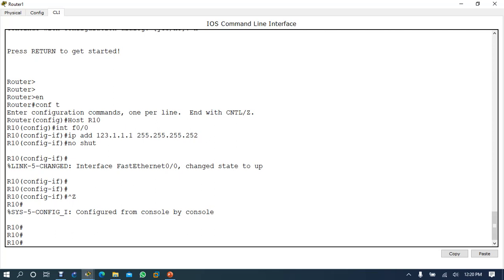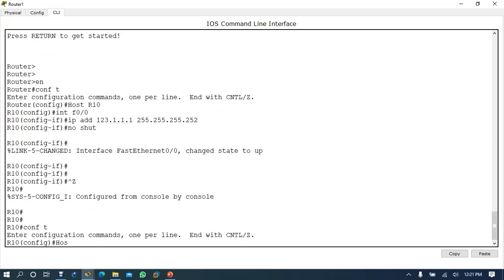No, you can just continue and do your configuration. You can also erase the configuration. You have two options. Either you start typing again, so it will overwrite, or you erase. But if you erase, you are committing the same step again. Suppose I started with the hostname, and instead of writing R2, I wrote R10. I can come here, conf t, hostname R2. See, automatically it's changed.